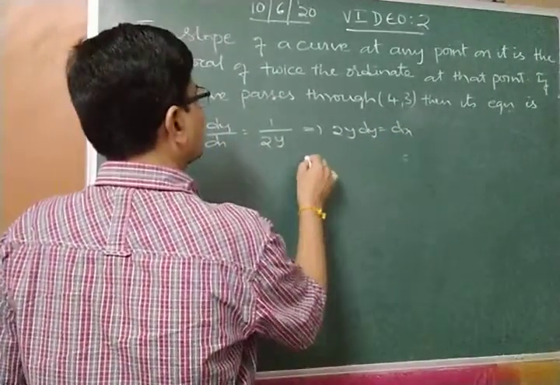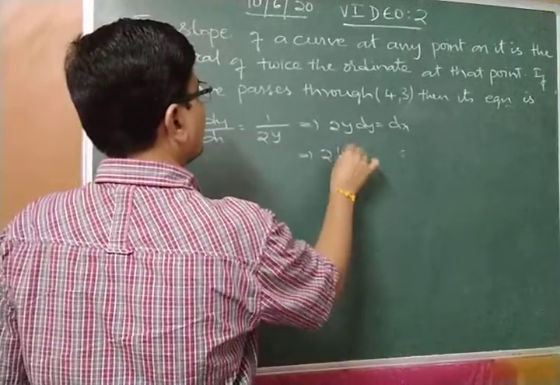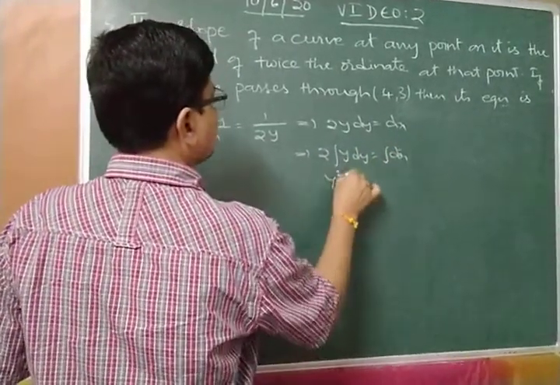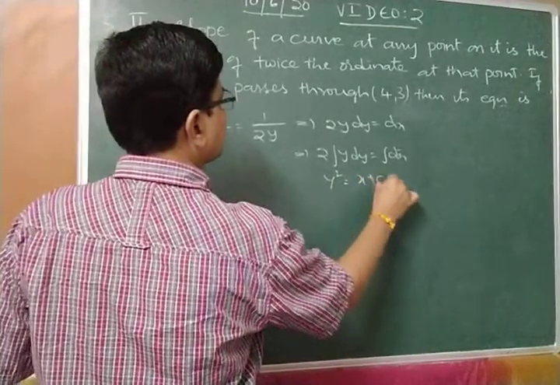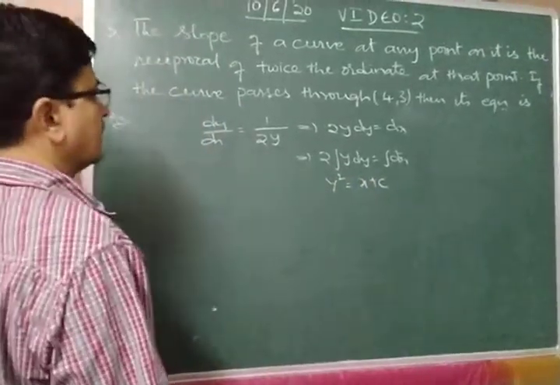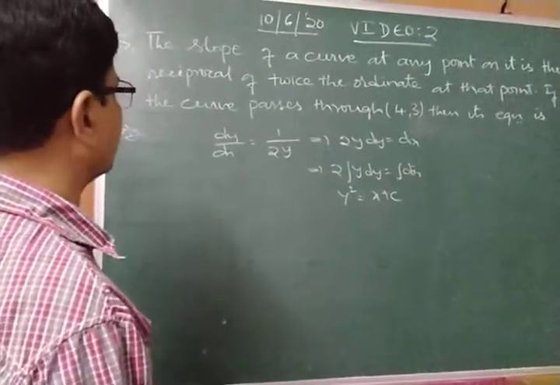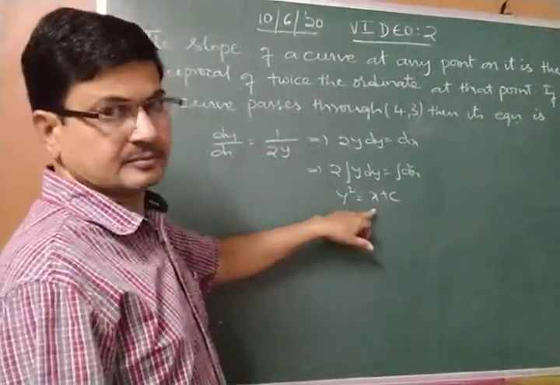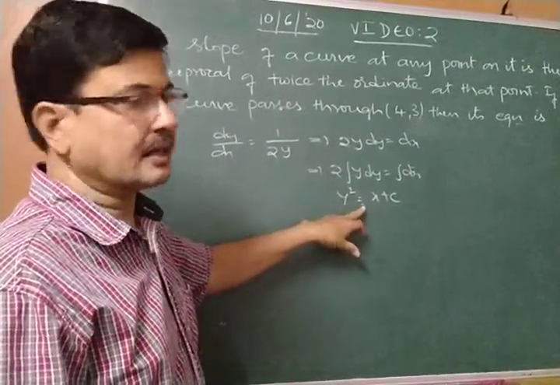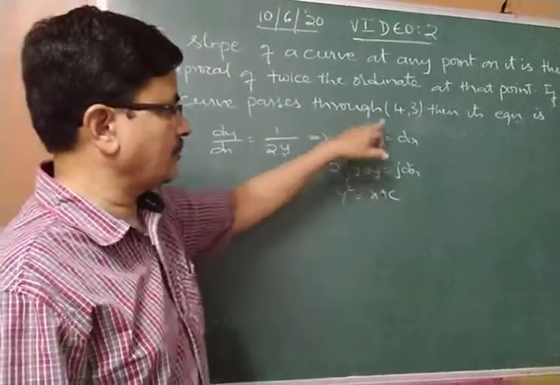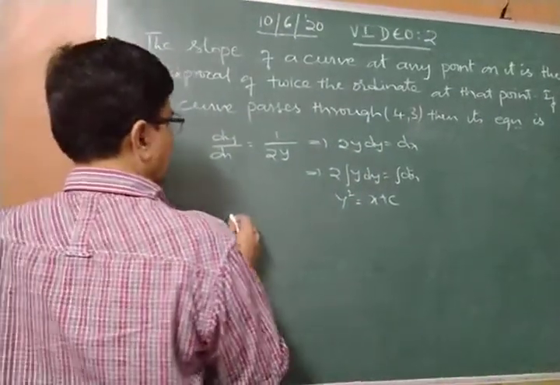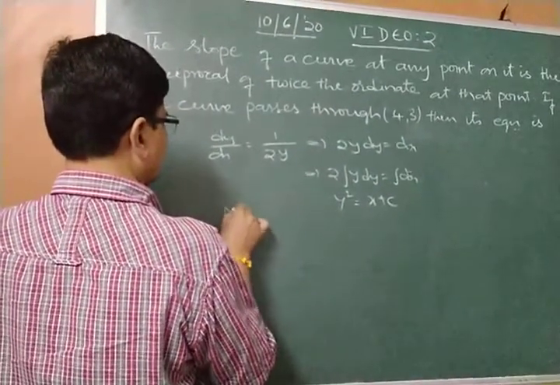Applying integral on both sides, integral of 2y dy is equal to integral of dx. That is y square is equal to x plus c. This is the required solution of the given equation. This represents a parabola. If the parabola passes through the point (4, 3), then its equation is...